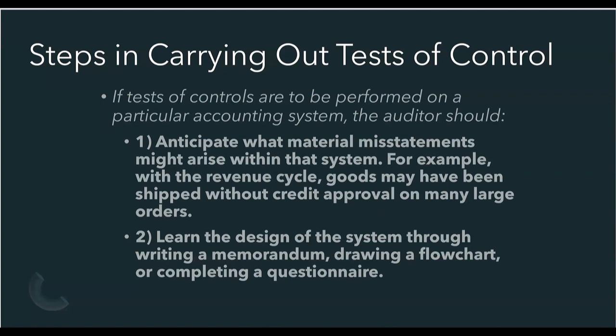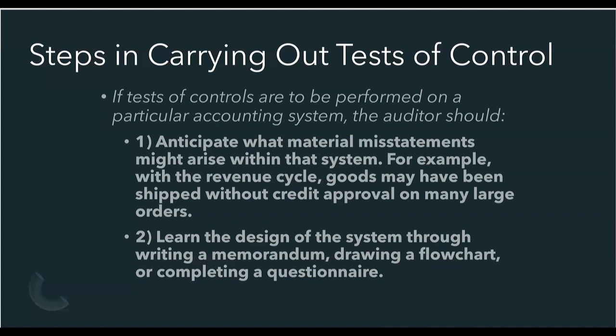So if tests of controls are to be performed on a particular accounting system, the auditor should, 1, anticipate what material misstatements might arise within that system. So, for example, if you're in the revenue cycle, one of the things you might anticipate is that accounts receivable might be overvalued. And that's because you might be afraid that goods may have been shipped out to customers without credit approval on many large, big dollar sales orders. So that's the control you want to test because the misstatement you're afraid of is an overvaluation of accounts receivable. The client's got a lot of receivables on the books, but they might never get paid